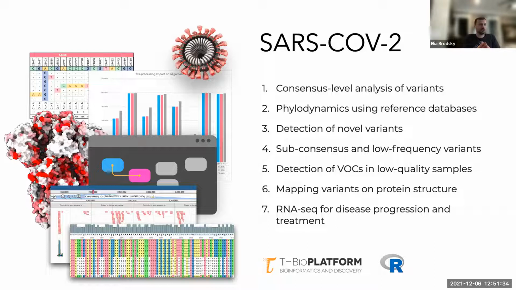So how do you determine what is a novel variant as opposed to some random mutation? How do we look at subconsensus and low frequency variants, which eventually become the dominant genotype? And also, how do we deal with some of these low quality samples to understand whether we can, in a